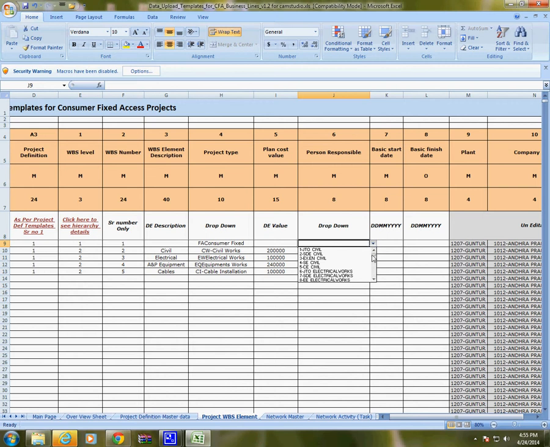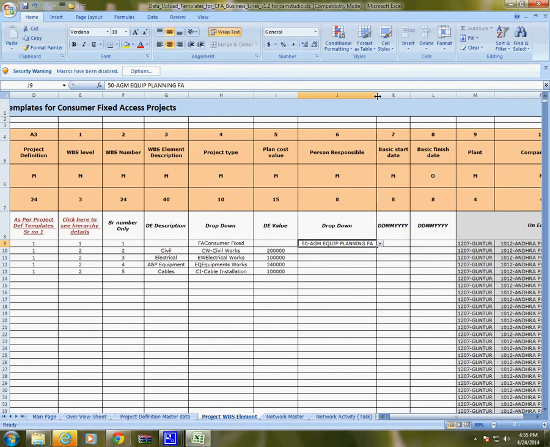Suppose this is a FA project, we will be selecting the AGM planning of FA business line. This is the AGM planning, equipment planning FA. He will be the person responsible for the level 1 WBS, that is the top level WBS.